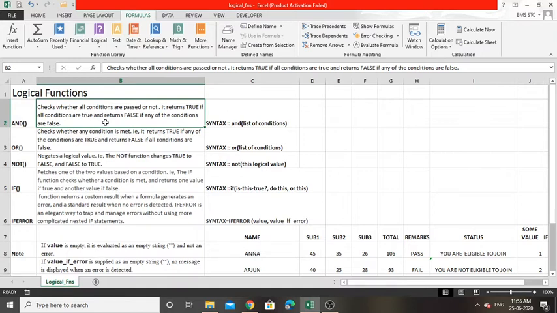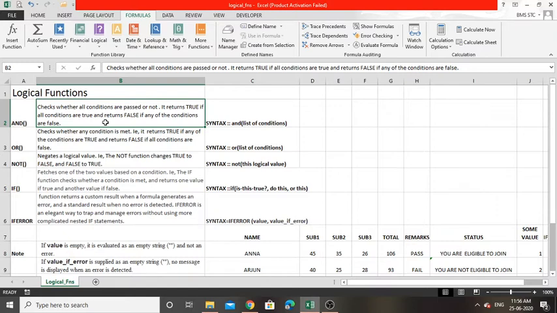Here the 0 represents false. And what about 1, or true? If we multiply any number with 1, it results in the same number, right? 1 into 1 is equal to 1, 2 into 1 is equal to 2, 3 into 1 is equal to 3. So like this, 1 represents true.